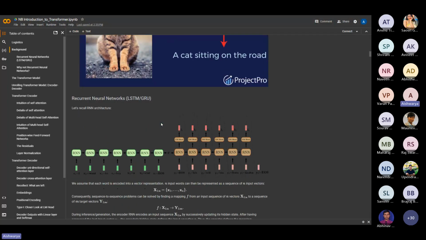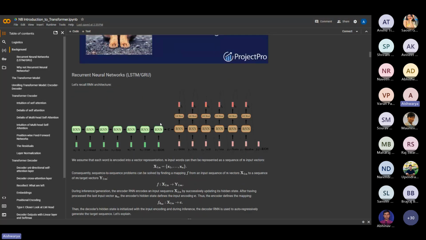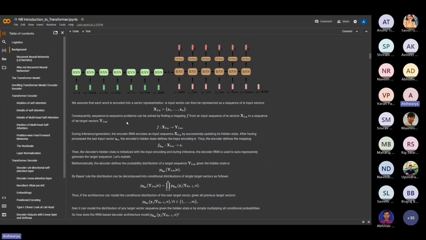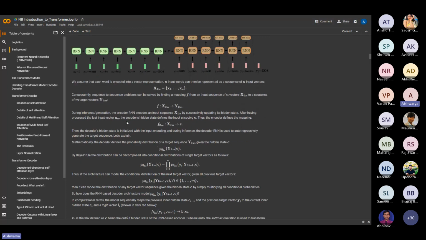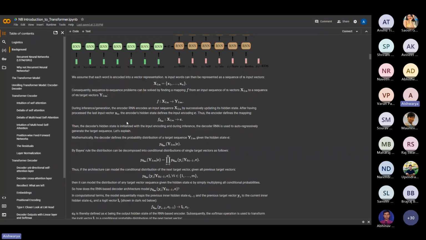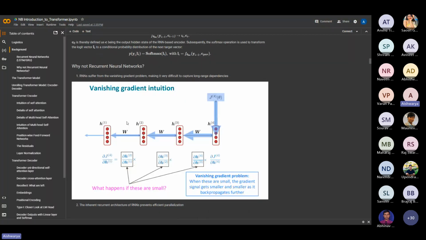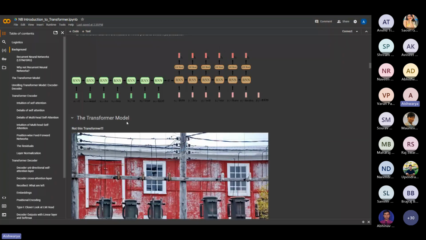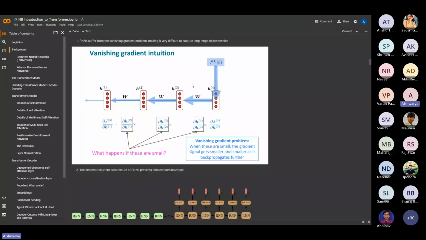The initial methods used for sequences were RNNs, that's recurrent neural networks. I'll not focus more on RNN in this part. You can go through this text later and ask doubts as they arise. The main focus will be on the transformer part of the model. These are just the information on how RNN works and why we no longer use it. One major drawback of RNN is that it works in a sequential manner,